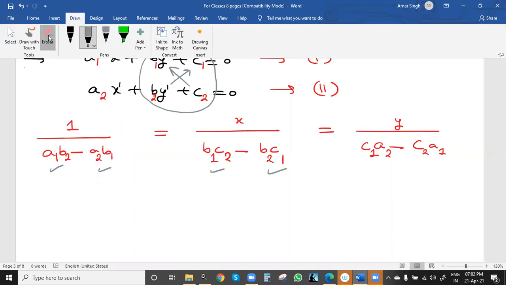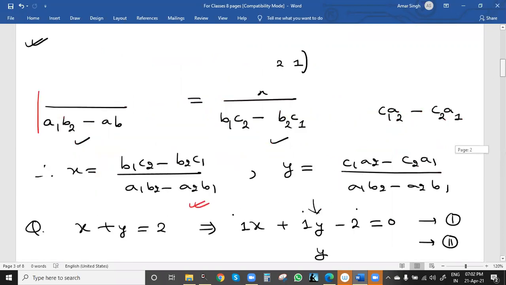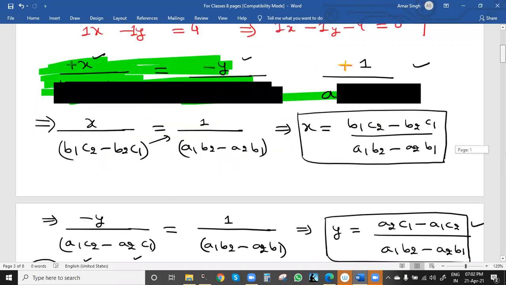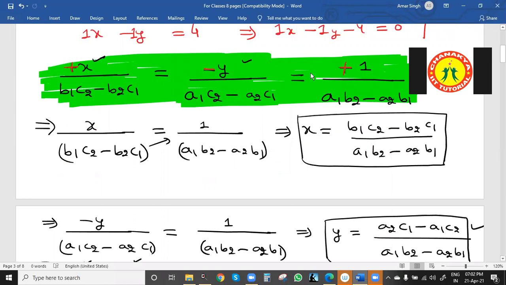Right. Now we'll see the last one, for y. For the y value, we will ignore the y column. We'll focus on the x column and then the constant column, because c1 c2 are constants. But here we have one important thing: here we have a minus sign. In our previous formula, remember, we had plus minus plus in the x y values. Remember this one, plus minus plus. Here we have a minus sign.